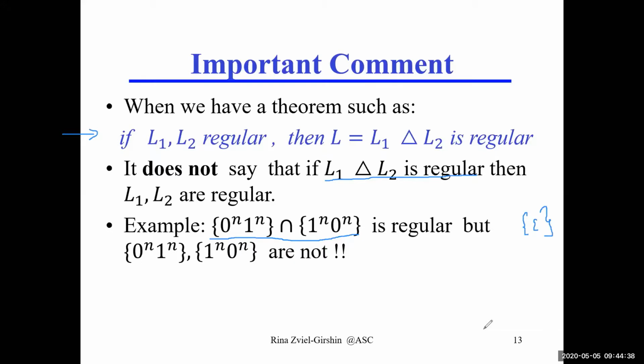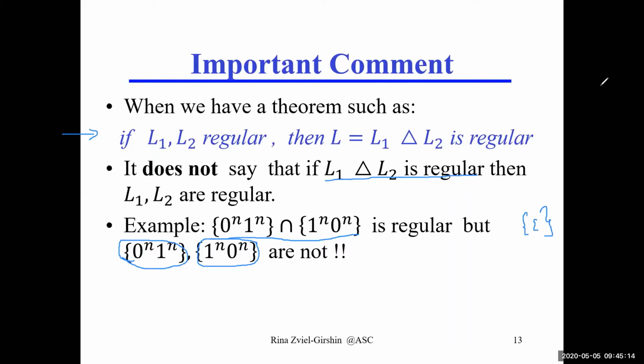And we proved during our lecture that a language with only the empty word is a regular language. We can build a DFA easily, so we have the result of the intersection operation, and the result is regular. But the original language L1 is not a regular language, and the original language L2 is not a regular language. Why is 0 to the power of n, 1 to the power of n not a